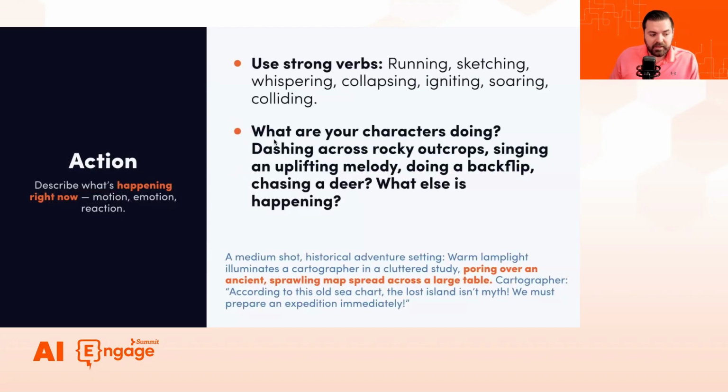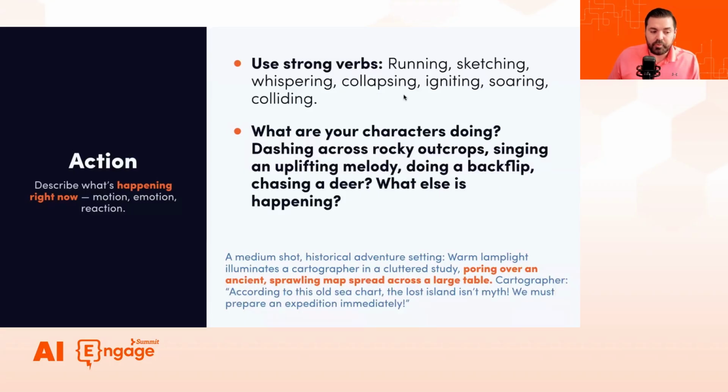Action is where you start thinking, what is this character doing? We described the scene, and then what is this character doing? It's what's happening right now. It covers the motion in the scene, the movements, the emotion, or any reaction the character is having.